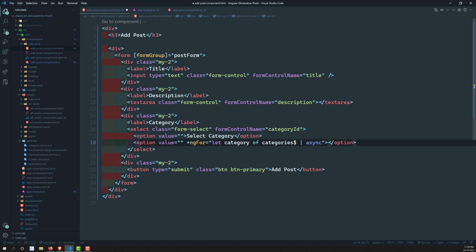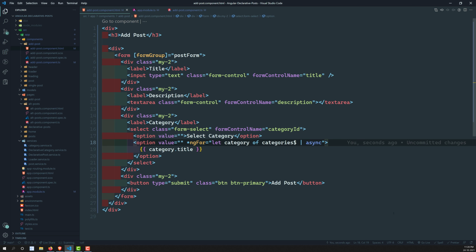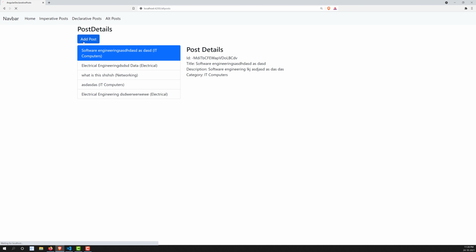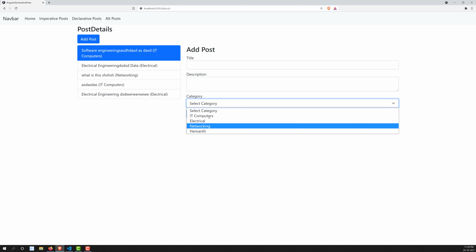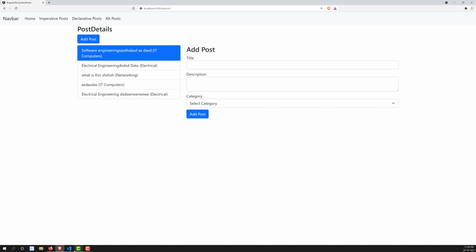So here I can use category.title, and in the value I need to use a square bracket, so here category.id. That's it. Now let's try to see the output, whether we are able to see the categories in the drop down or not. If I click on the add post, let it refresh. Here we are able to see the list of all the categories as a drop down. Fine. Up to here it is fine.